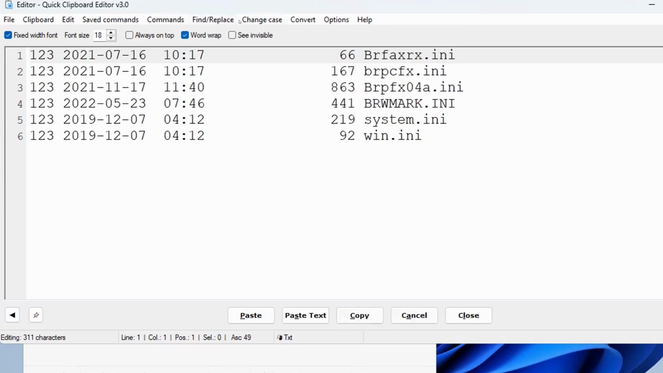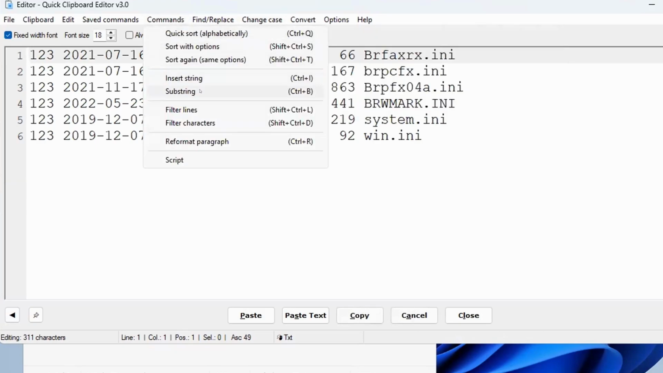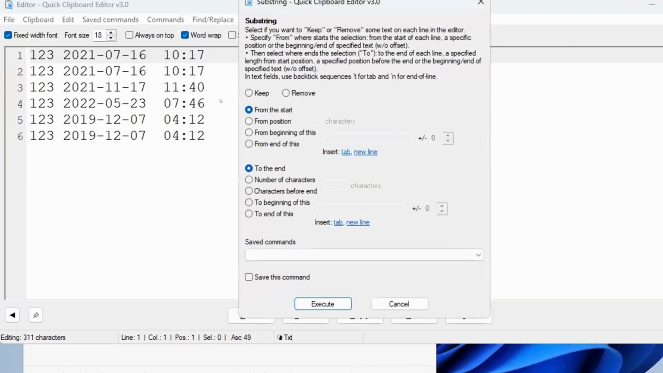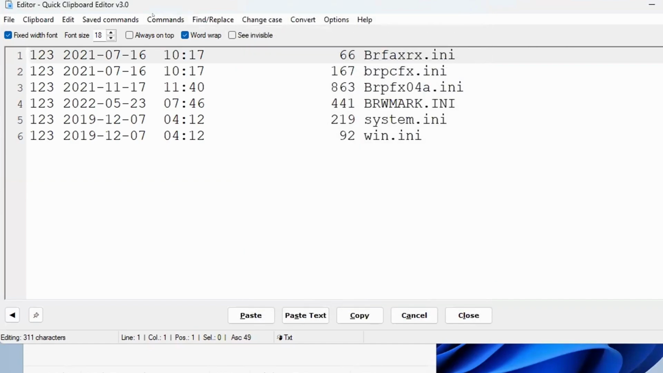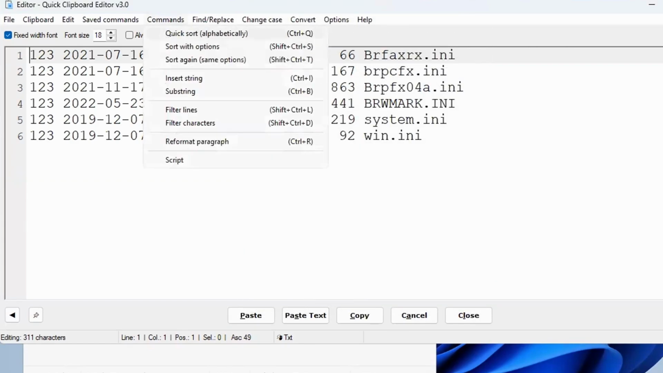So substring is another command that you probably know if you use AutoHotkey. You can keep or remove some section of every line of the text, etc. The last thing maybe I would